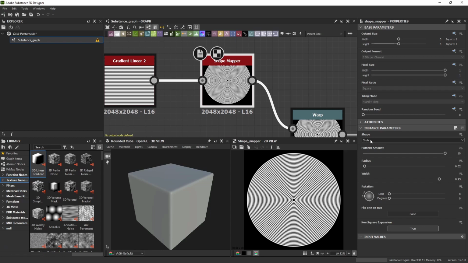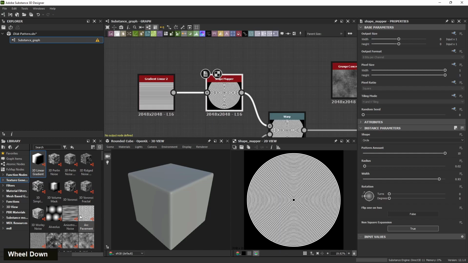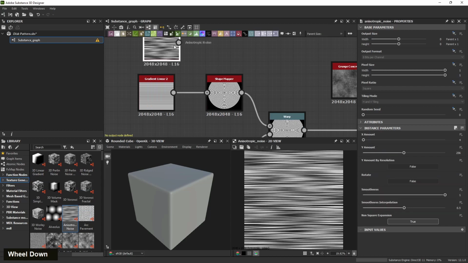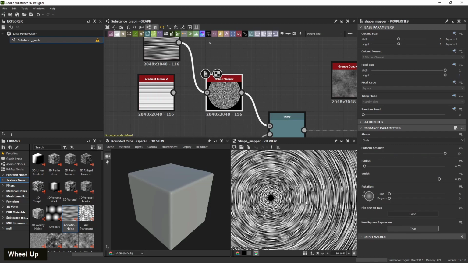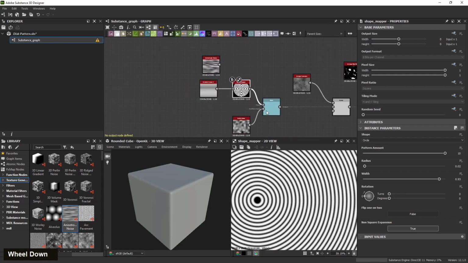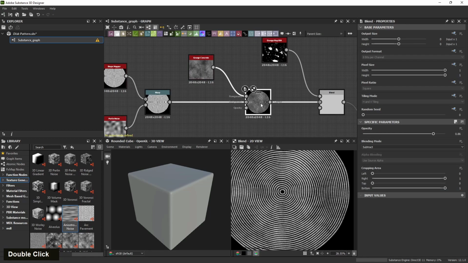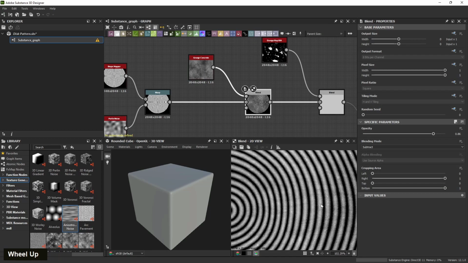Shape mode, it's a circular, and every shape that you connected to the input, it's going to be circular. So here, and also I added a little bit of warp with the Perlin noise. Add that to the blend and subtract